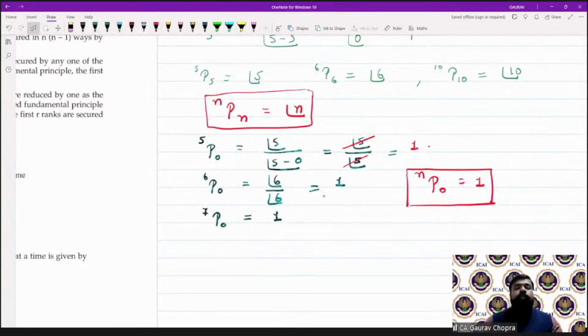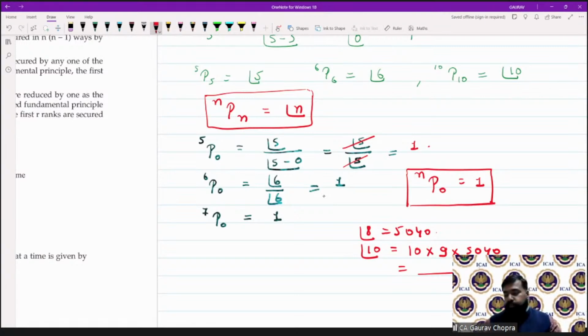It is always preferable that you have the idea of what is factorial 5, 120, what is factorial 7, 5040. So till factorial 8 you must remember all the figures. If you have the knowledge till factorial 8, then whenever you have to calculate factorial 10, simply 10 multiplied by 9 multiplied by factorial 8, which you already know. Just multiply this and get the result. So in short, you will be able to solve all the calculations. It will be much faster, much easier.